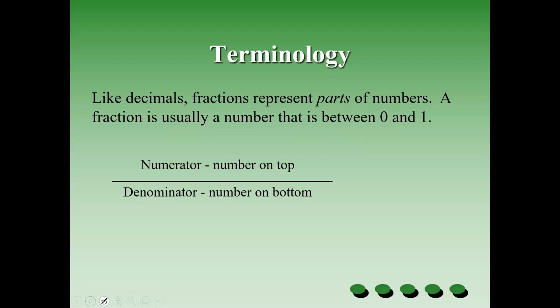Terminology. First of all, you must know about this, and I know that you already know this is a very basic thing about fractions, that the upper number, the number which is on top, is called the numerator, and the number which is on the bottom is called the denominator. For example, 2 upon 3. So 2 is the numerator and 3 is the denominator. Very good.